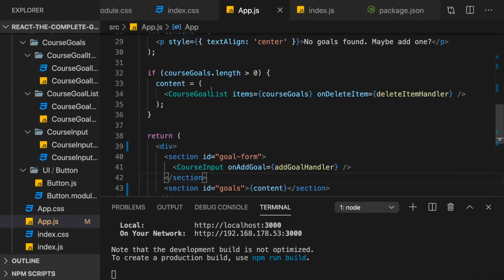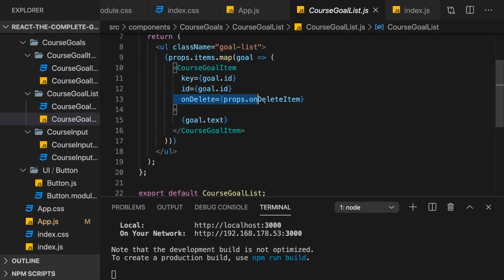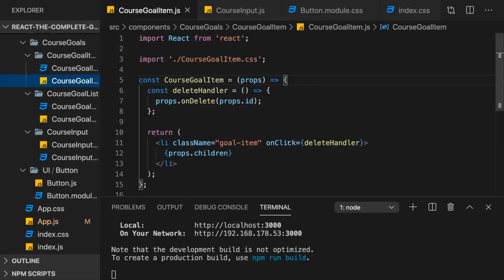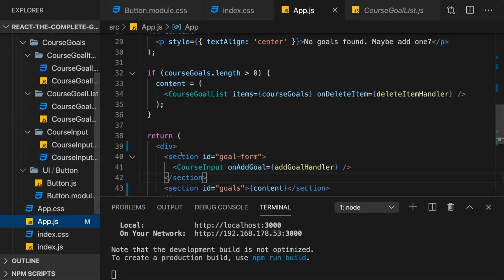Let's first of all go to the place where we have that deletion logic. We got our course goal list, and there we have on delete where we trigger props on delete item. If we go into a course goal item, we see on delete is in the end triggered when we click on that. I don't really see an error here. We are forwarding that ID. In course goal list, we just pass on that event in the end to on delete item on the course goal list component. So if we go to the app component,